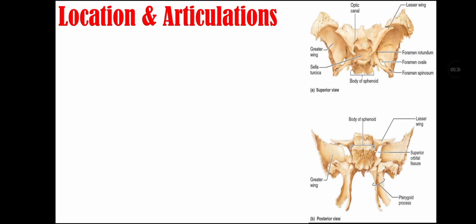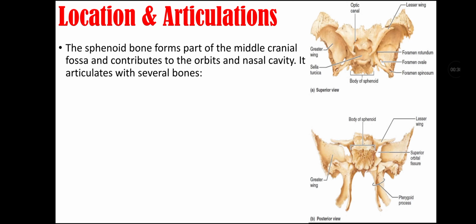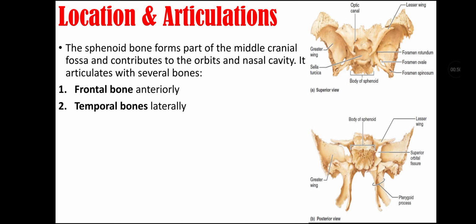First, we will talk about location and articulation. Sphenoid bones form part of middle cranial fossa and contribute to the orbits and nasal cavity. It articulates with several bones, like it articulates with the frontal bone anteriorly, it articulates with the temporal bone